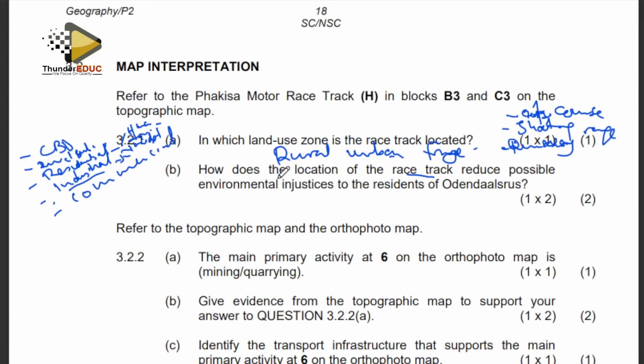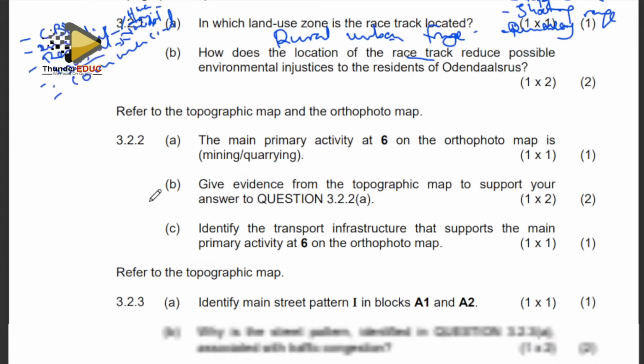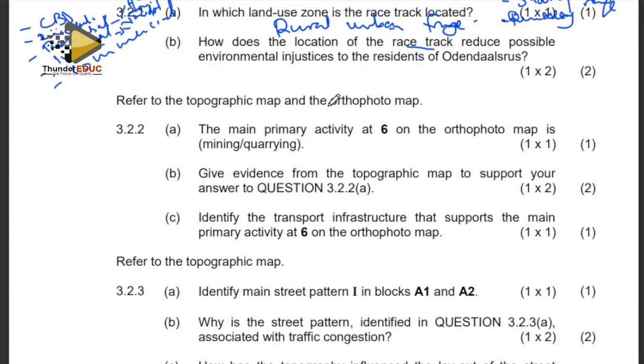Okay, let's move on. The next question says refer to the topographic map and the orthophoto map. So this question is now combining the two areas of interest. We are looking at the topographic map as well as the orthophoto map. So our focus is going to be on those two areas, and in one way or the other, you're going to combine